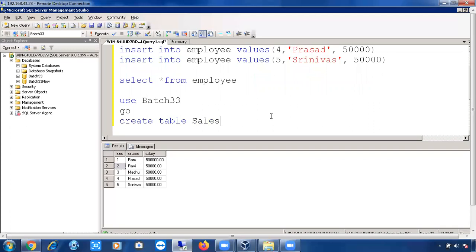Someone will not start like that; they will remove this and start directly with create table. In such cases, if you simply execute this query, the table will be created in whichever database was selected earlier. If it is master or some other database, it will automatically create it there.